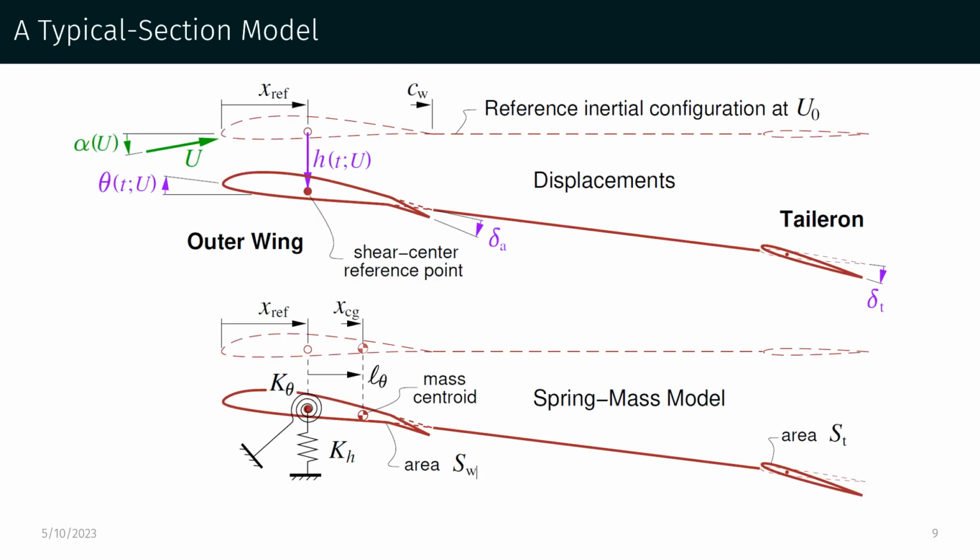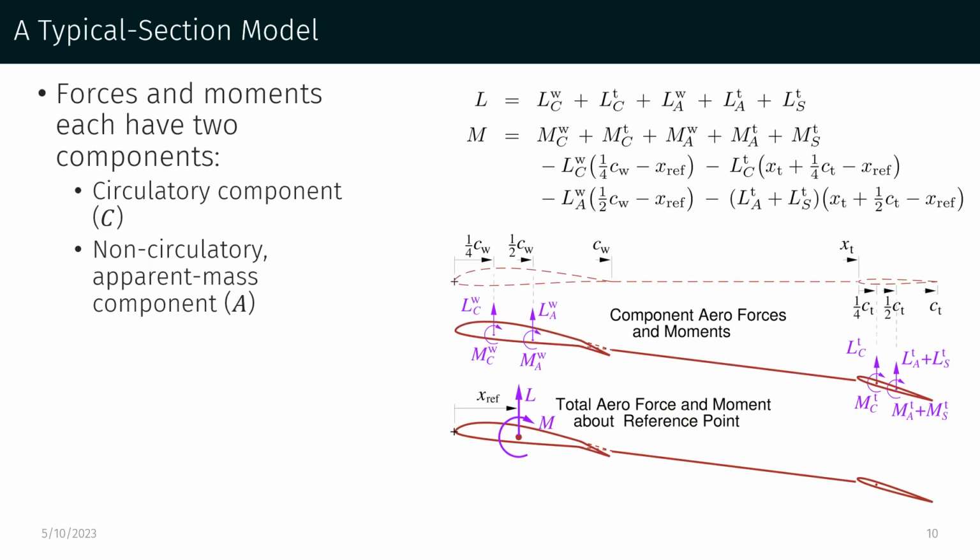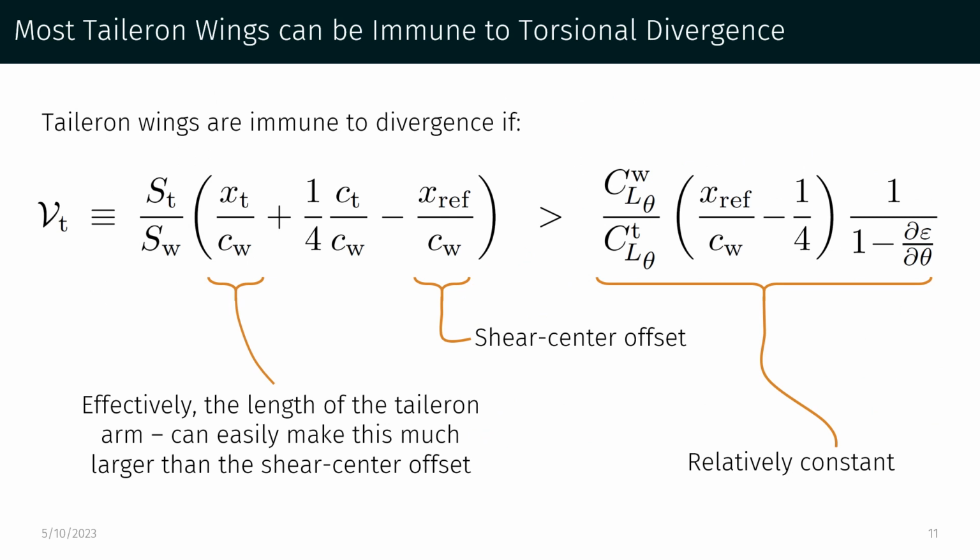This is detailed more in the paper, but essentially we're parameterizing it as a dynamic problem with heaving and pitching as some function of time, with linear effective stiffnesses to model structures. In general, the aerodynamic loads that you set up are about what you'd expect from aeroelastic theory. There's a circulatory component, LC, the lift, MC, the circulatory moment, as well as the non-circulatory components, LA and MA, which account for essentially the apparent mass, or most of the unsteady effect here that you're seeing. The 2D theory is developed in much more exhaustive detail in the paper, but let's get to the